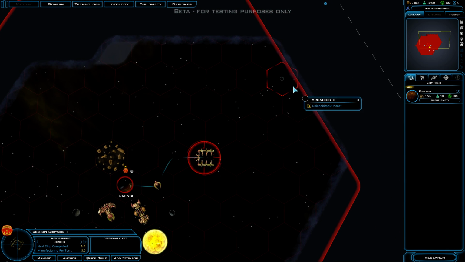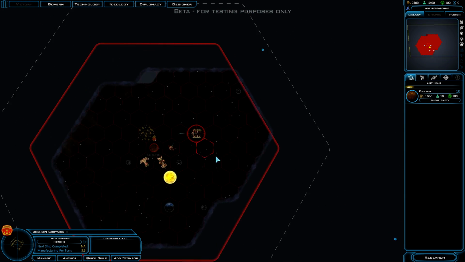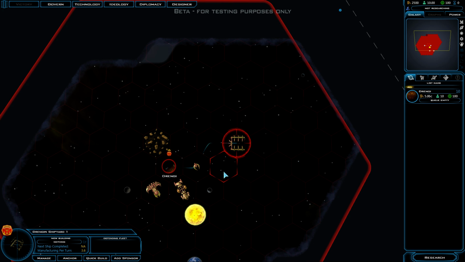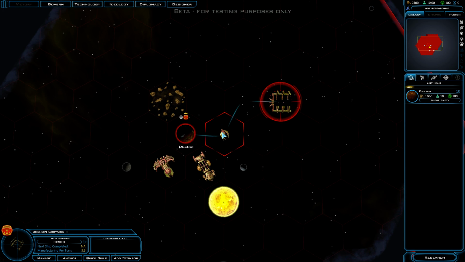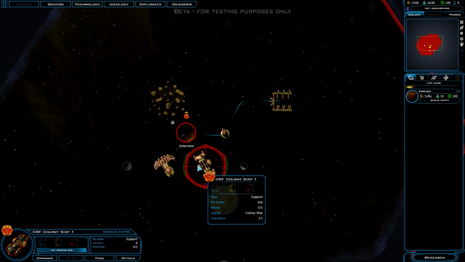So you can advance your ship production line toward the enemy and still maintain production sponsorship. So that's pretty cool. We start off the game with a scout. We'll go ahead and command him to explore, because that's what they're for. We have a colony ship,